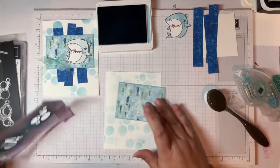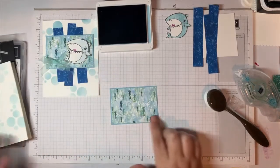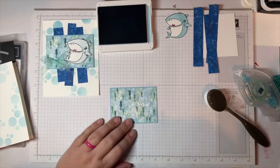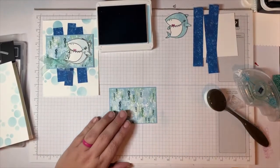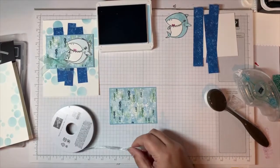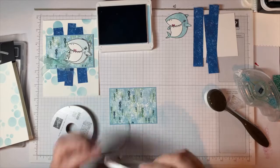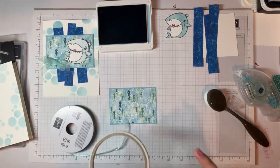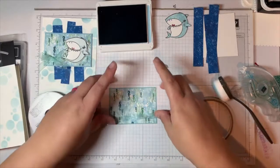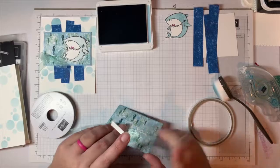All right, I'm going to set this aside for just a minute. We're going to add some ribbon, and then we're going to use dimensionals to lift that up. Here we go. We're going to take this ribbon. Now, one of my favorite things to do is to grab some tear tape, and we're going to adhere this ribbon to the back with the tear tape. So we're going to take this, kind of put it where I want it,